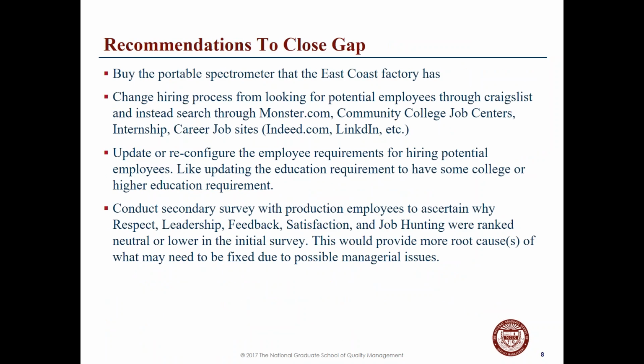Oops, sorry for whipping through these slides like that. But when you got your recommendations to close the gap, you kind of threw out right here at the very end, it says, hey, maybe we should go back and do some more root cause on the employees to ascertain this business. I don't disagree with you, but I would offer this up though. All right, so I'm sitting here, I'm the leader. Right, in your room, you're going to have some people that are going to be a little bit hurt. Now remember, our company's 25% underperforming at this point. And now I've got my benchmarking team coming back saying they want to go out and do more surveys. So I'd be real